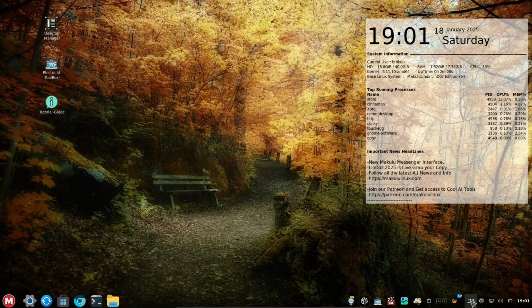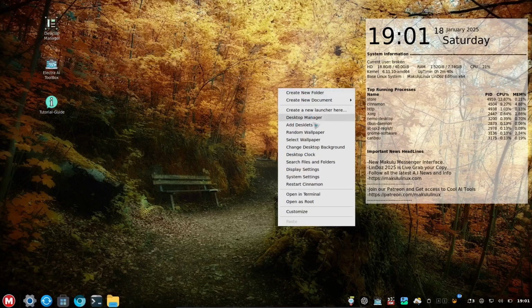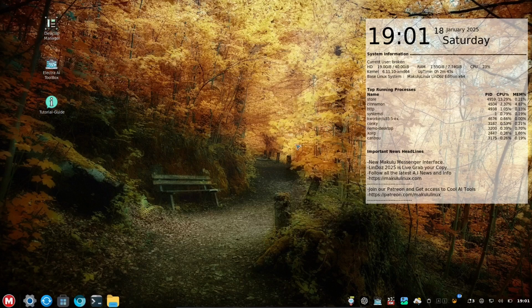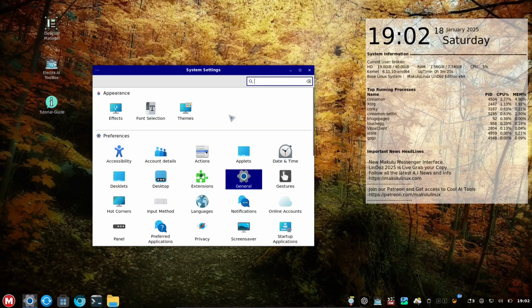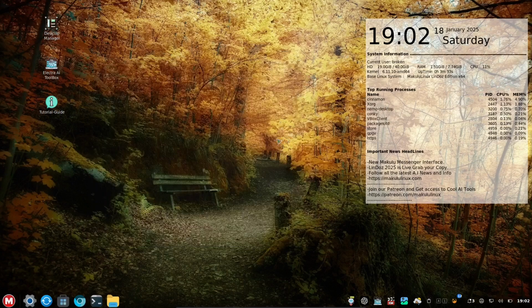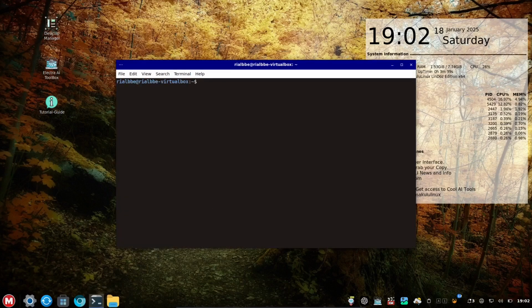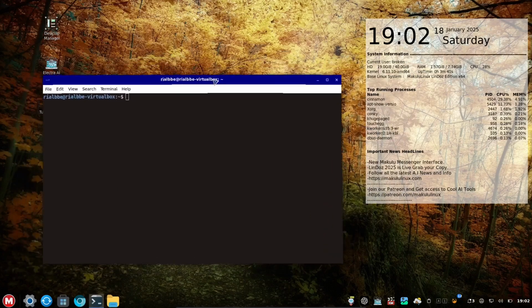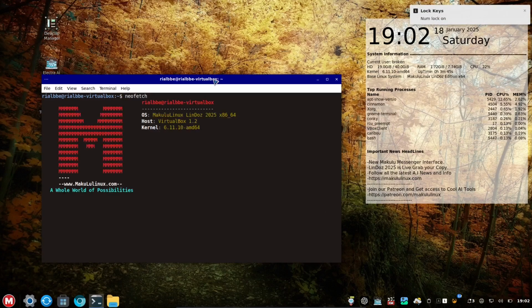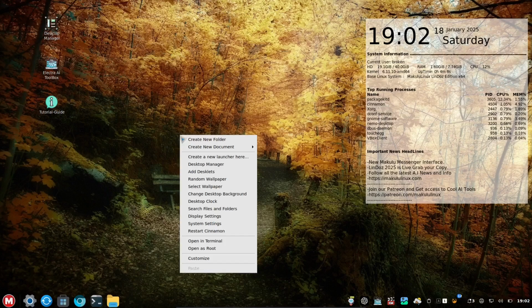We also have the notification area right here, time and date, and the battery. And we have the widget right here. We could add more. I think they are using the Cinnamon desktop interface for this operating system. Let's use the terminal for this one. So how about the